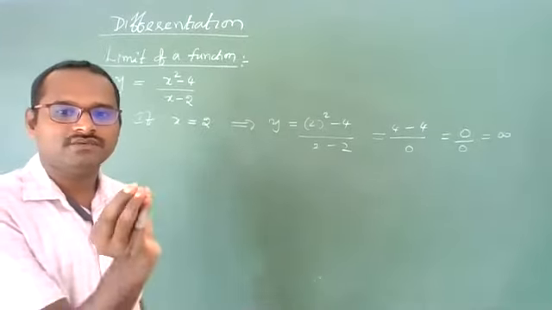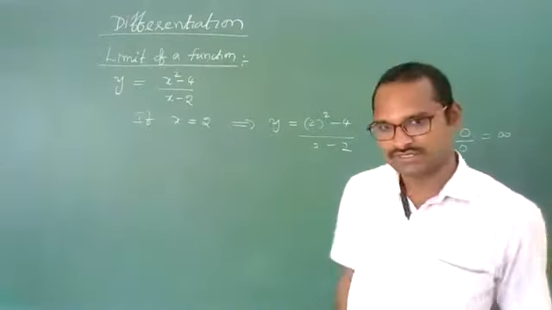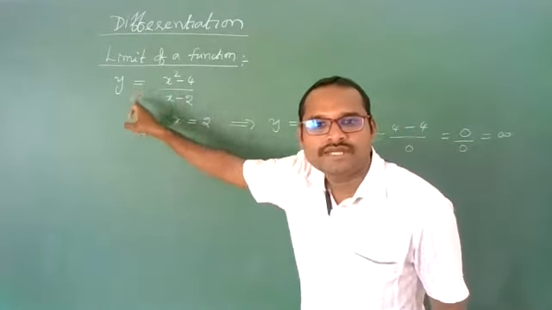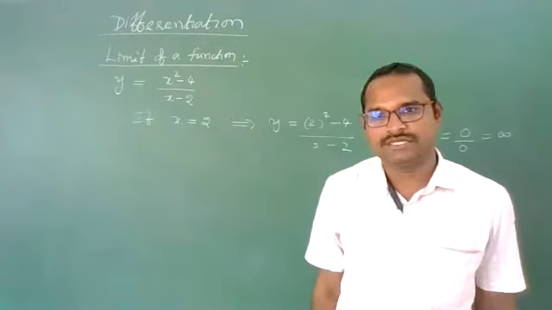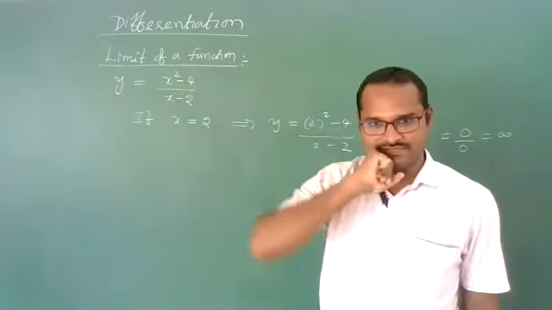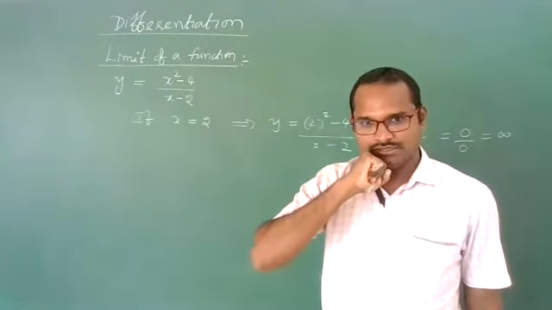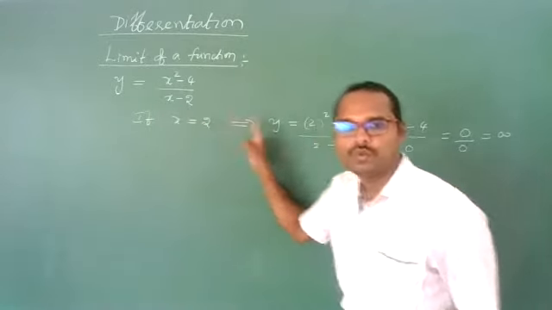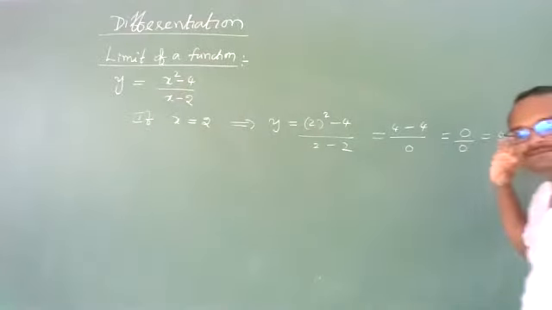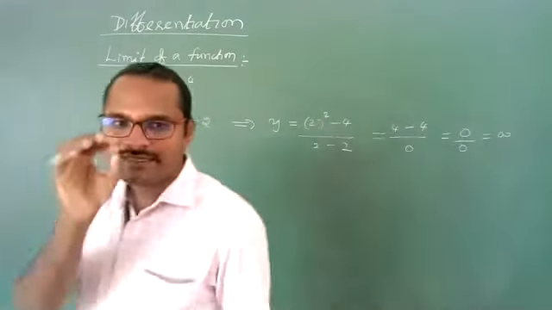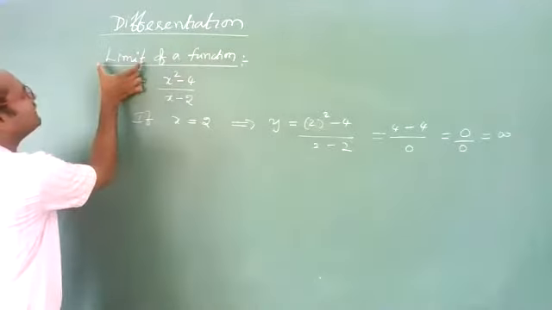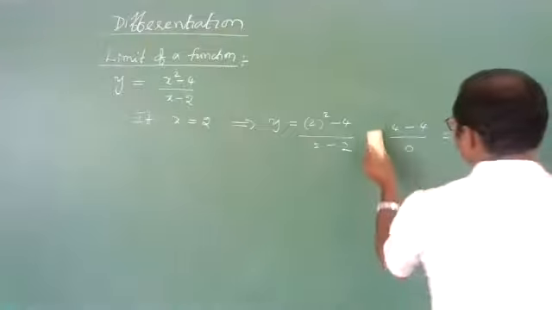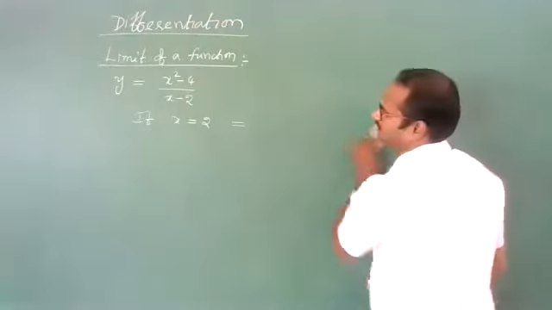We can say one thing as a function: for different values of the variable, y should get different values. But if I take this one particular example, when x is equal to exactly 2, the y value is undefined. It means it has one limiting value, beyond that it cannot have. What is that limiting value? Let us approach that.